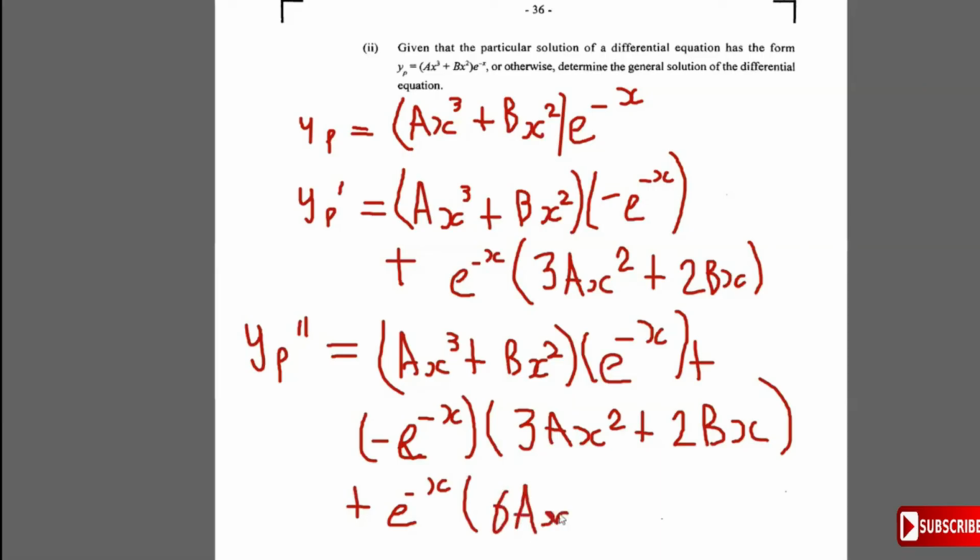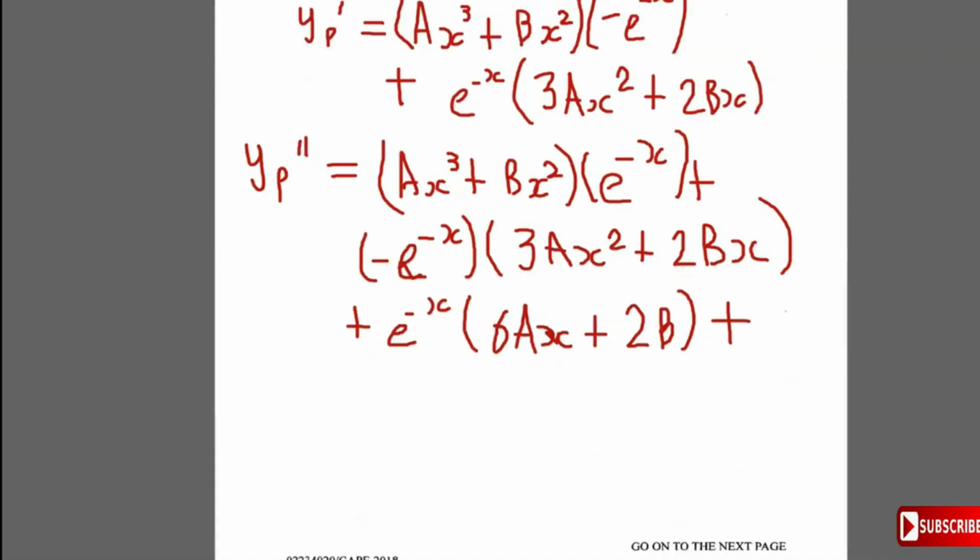So we get 6ax plus, when you differentiate 2bx, you just get 2b plus, keep the second now, which is 3ax squared, plus keep the second, times the derivative of the first. So you get 3ax squared plus 2bx